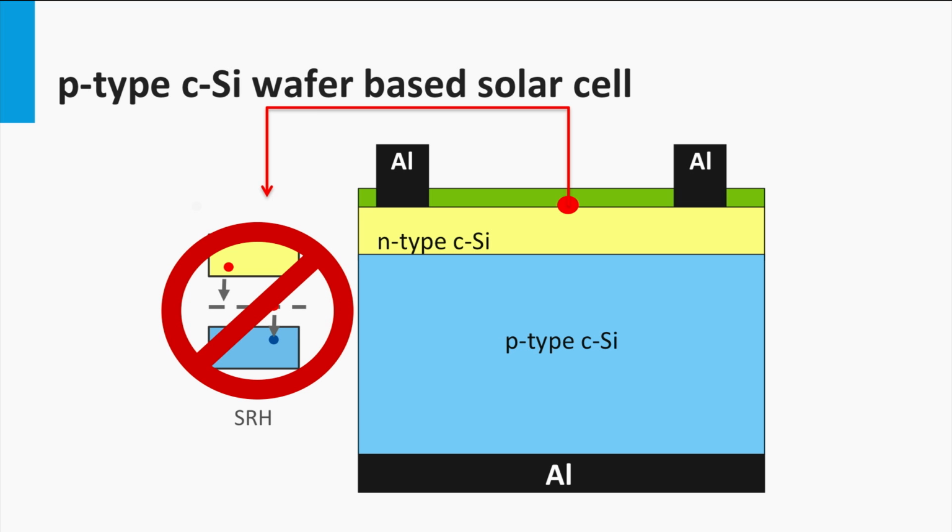The first is based on reducing the number of defects at the surface. This can be achieved by the deposition of a thin layer of different materials on top of the surface. This material partially restores the bonding environment of the silicon atoms. In addition, the material must be an insulator.